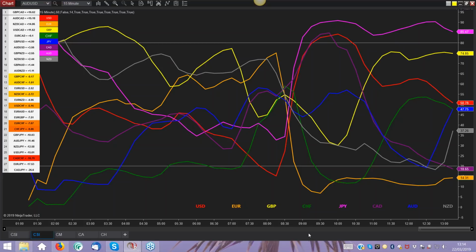But look at the amount of time that these currencies have been sat there. This is 9 o'clock UK time, so we're running in, it's now just coming up to 1:15. This is 1 o'clock here. So pretty much for the whole of the morning, that's where the euro's been. And pretty much for the whole of the morning, that's where the yen's been. So it is very much a question of being patient and waiting for those currencies to reverse. Reverse they will, but it's a question of not if, but when. And that when means you've got to be patient and wait for that to come along.